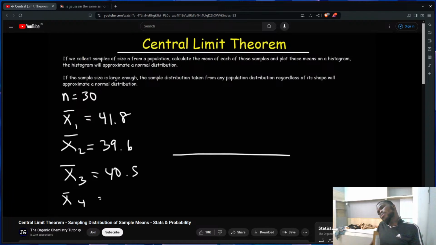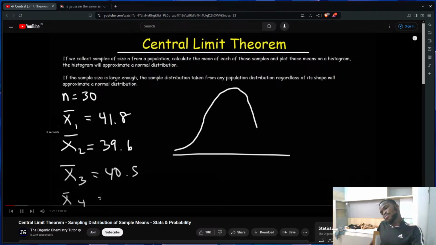And then if you take all of these means and plot it on a graph, the graph will have the shape of a normal distribution. Even if the graph of the population, which we don't know, even if it's not normal shaped,